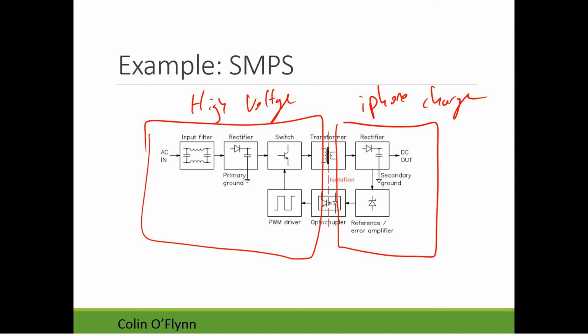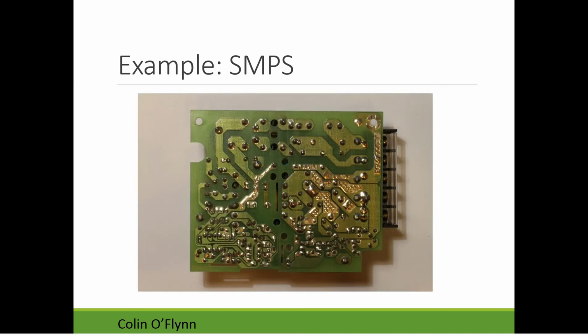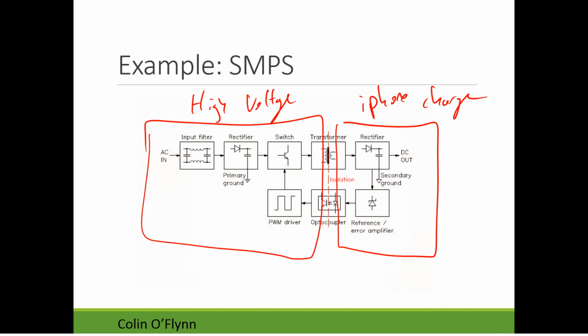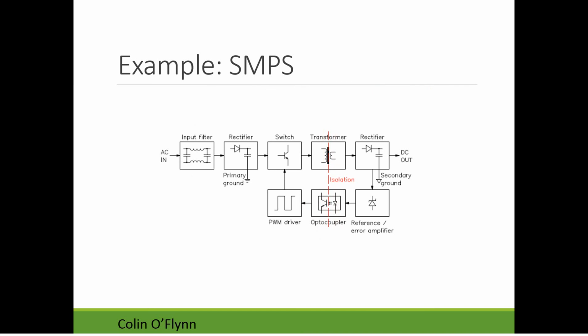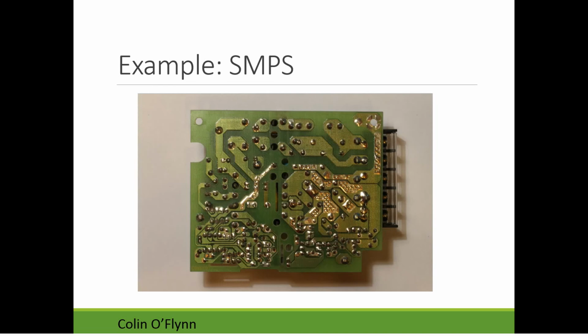So you want to make sure there's no way that, if there's some sort of error in the supply or a voltage surge, you don't end up with 300 volts in your hand as you're trying to plug in your phone charger. So what you'll see in power supplies is they use these opto-isolators as a form of buffer. They use it to provide feedback in the circuit, telling one half of the circuit what the output voltage is to do the regulation properly. If you look at the circuit board, and this is the underside of it, there's actually an opto-isolator right here.